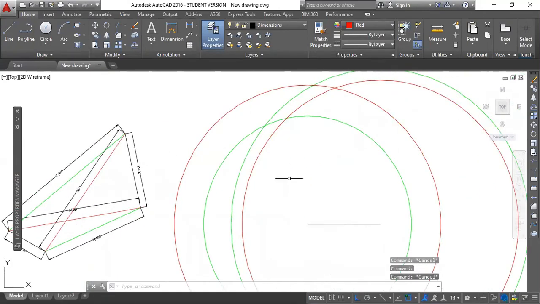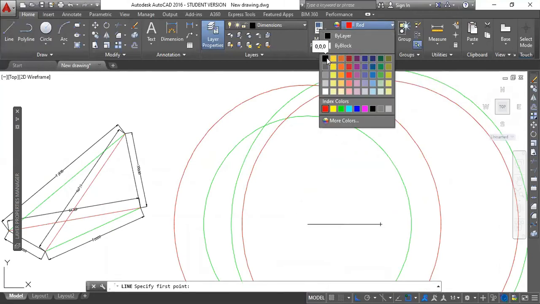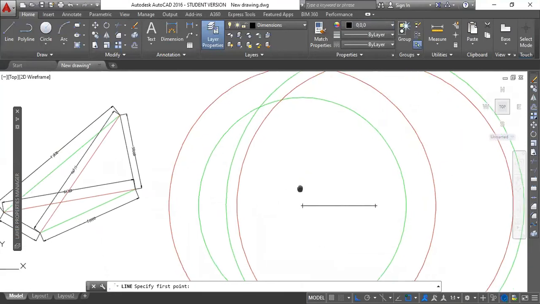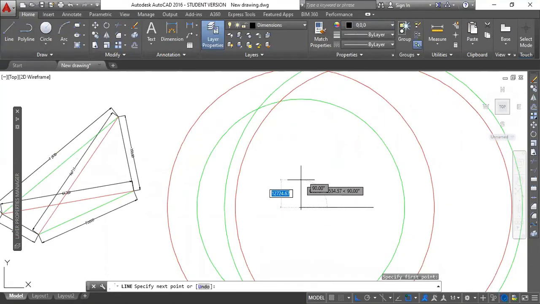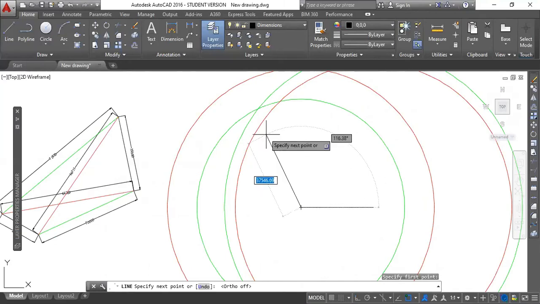So now what I'm going to do, I know that from this particular end, let me switch back to color black. I know that from this end, now you can turn off the ortho actually, because you will be dealing with not orthogonal lines.